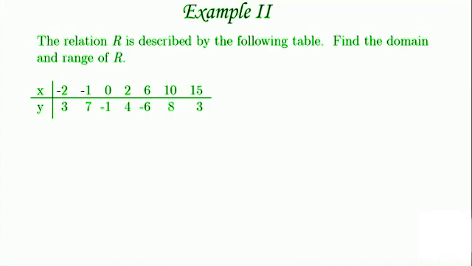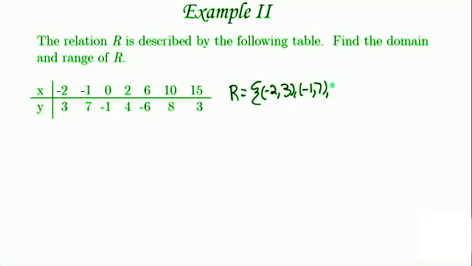The relation R is described by the following table. Find the domain and the range of R. In order to find the domain and the range, I'm going to look at my first set and my second set. And I could actually first write these out as a set of coordinate pairs. So this would be -2, 3,